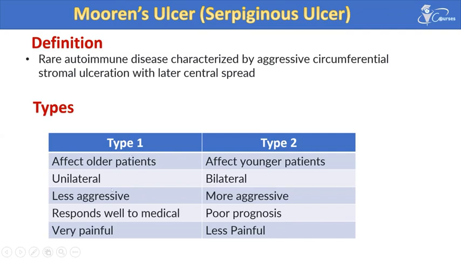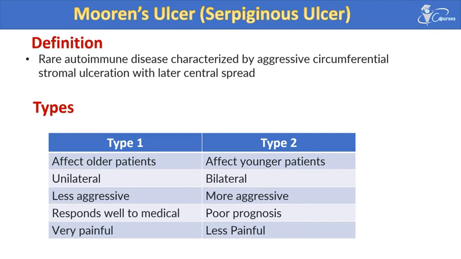Type 1 is less aggressive but very painful. Type 2 is more aggressive but less painful. So is it a mistake? No. Why does type 1, which is less aggressive, become more painful, and type 2, which is more aggressive, become less painful? Actually, I didn't read it, but my explanation is that type 1 is eating the cornea slowly. It is less aggressive, so it gives more time for pain, affecting the corneal nerves